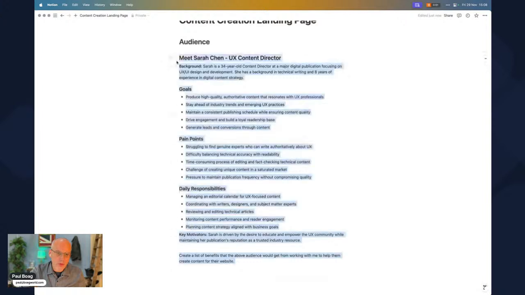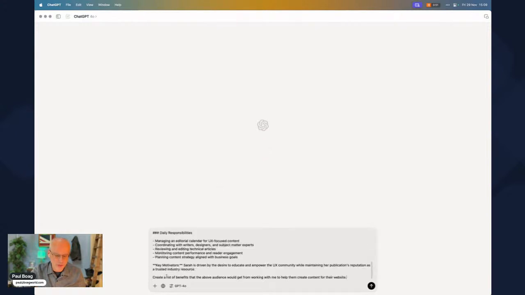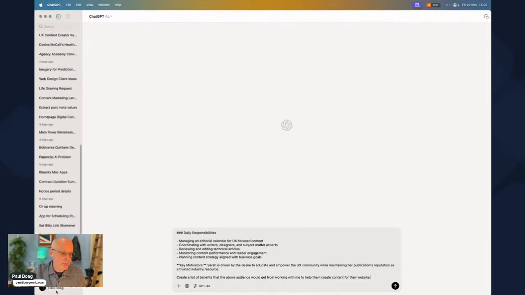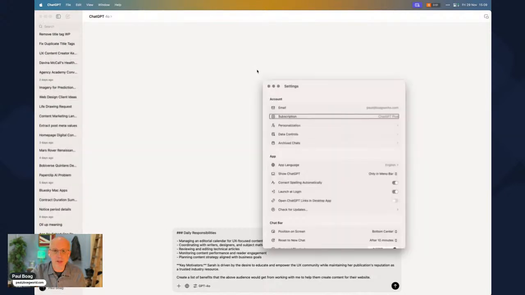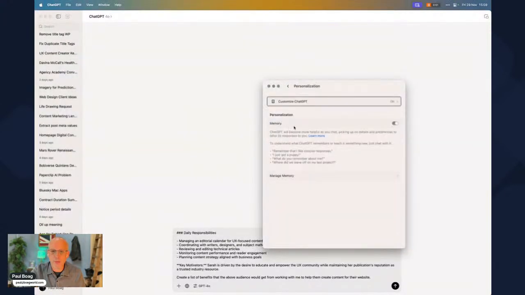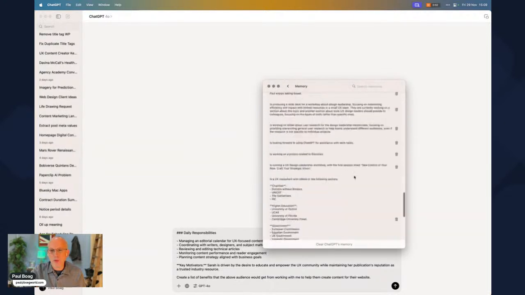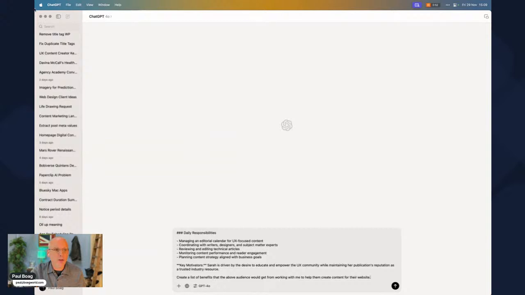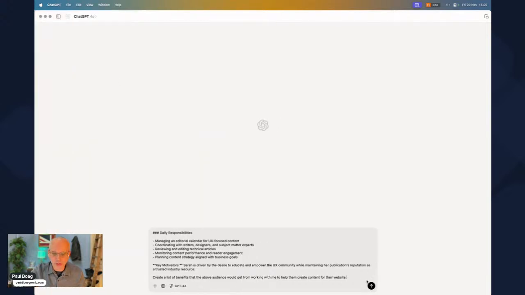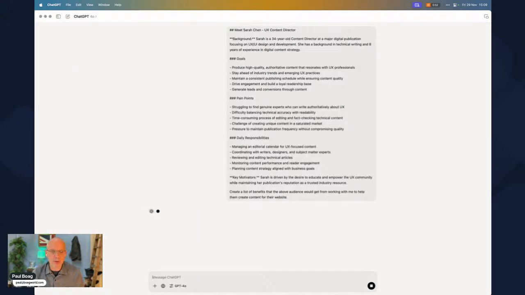Now, what I'm going to do is I'm not actually going to use Notion at this point, but I'm going to pop across to ChatGPT, and that's because ChatGPT knows me better than Notion does. That's because I've kind of built out a memory of things it knows about me. So if you go into ChatGPT and you go into personalization, and I've got memory turned on, it knows all of these things about me, which will mean that it will give a better response to this question. So let's see what it comes back with.